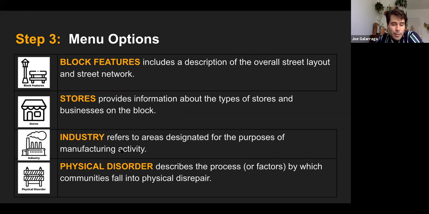The disorder tab has to do with the processes or factors by which communities fall into physical disrepair. So there's a lot of discussion here about potholes, broken windows, cracks, signs, missing stop signs, missing speed limit signs, things like that.